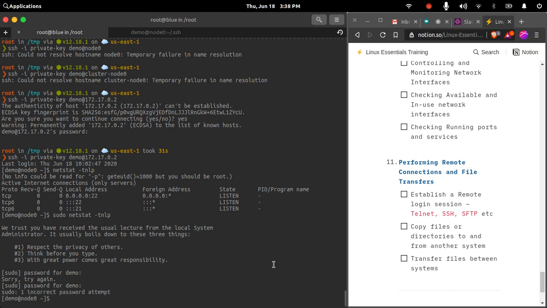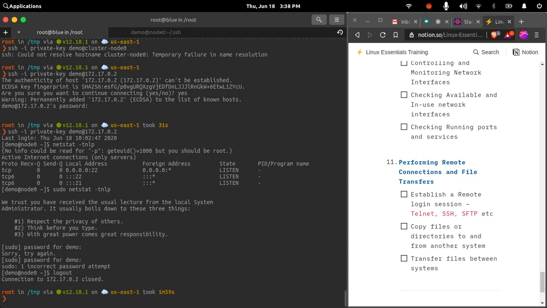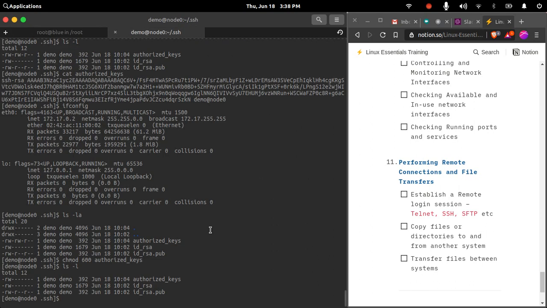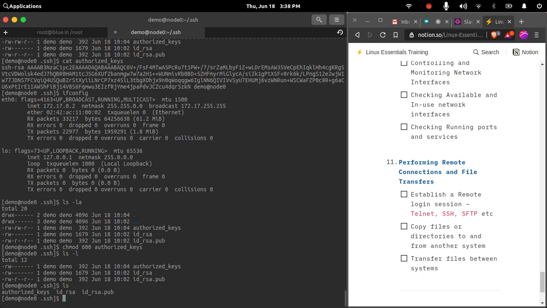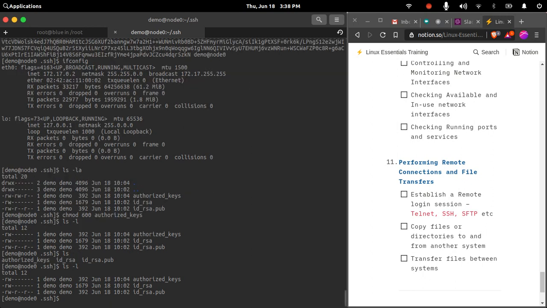So this is one way of connecting to the system which is secure. SSH is very widely used. You will always find people sharing access to a remote system with the help of SSH. So this is one way of connecting to a system. In SSH you will always generate a key file, and key-based authentication is more secure as compared to password authentication.